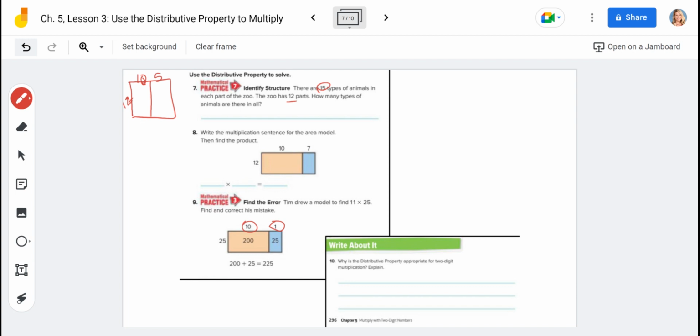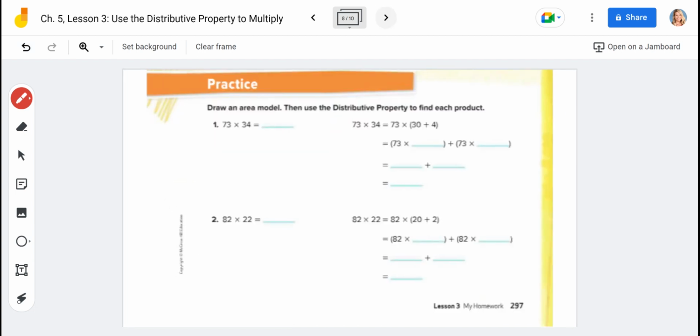And the last one, the write about it, I do want you to answer this. Why is the distributive property appropriate for 2-digit multiplication? Think about why it works. This isn't, remember, we think way too hard about these questions. Think about why the distributive property works for both multiplying by a 1-digit and multiplying by a 2-digit. Think about those 3 steps of the distributive property. All right,